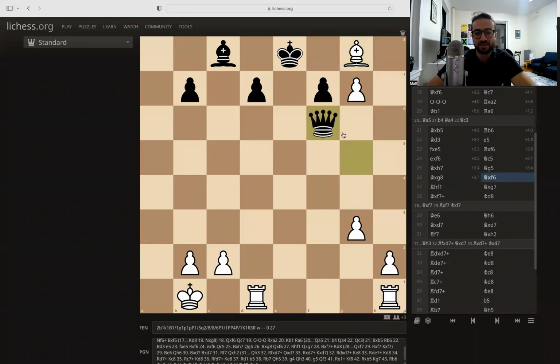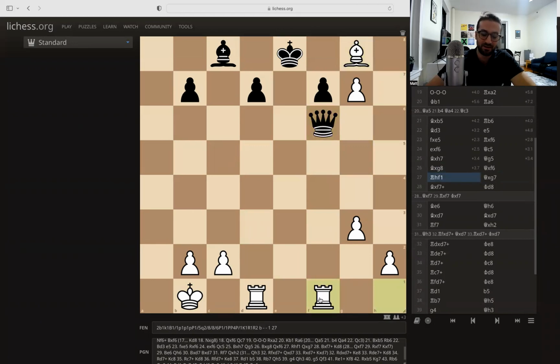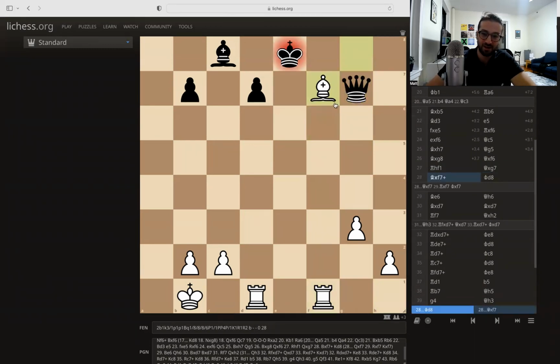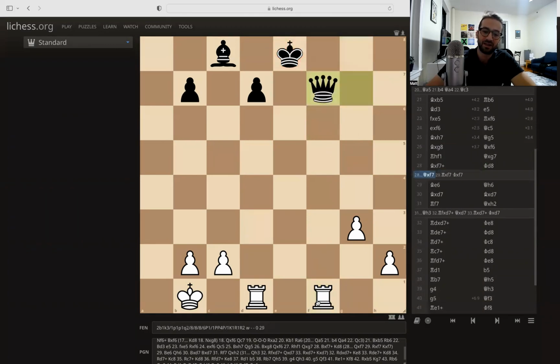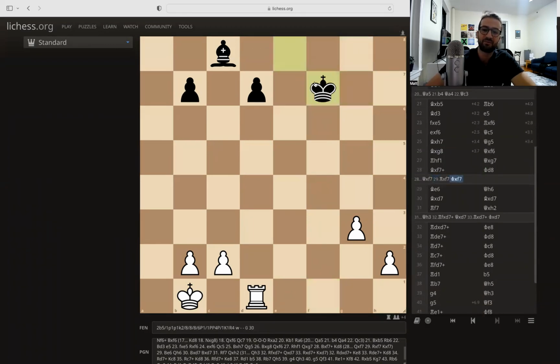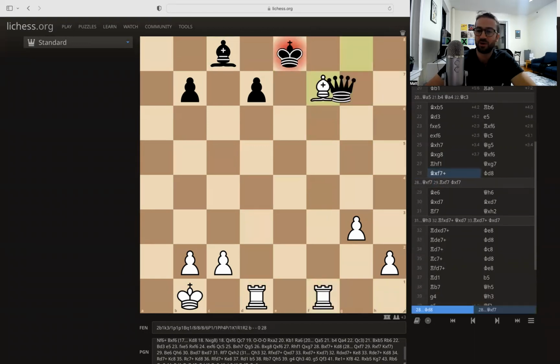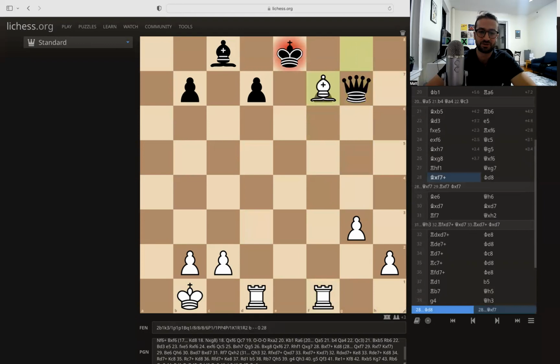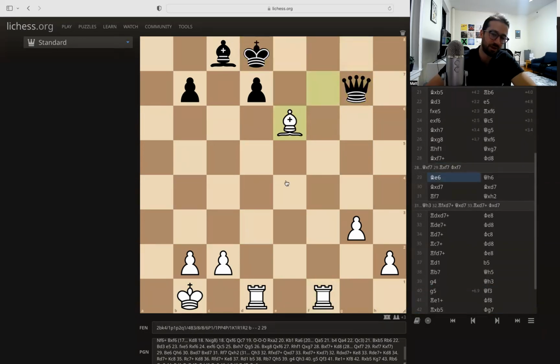Tal takes the pawn on f6, and Bobby brings his h rook to f1, obviously attacking the queen. Tal here is happy to get rid of this really nasty passed pawn on g7, but it also allows bishop check on f7. If you take with the queen, then you're just going to enter a completely winning endgame for white, where white has a rook and a bishop and four pawns to two pawns, so that doesn't work at all. So Tal just tries to run away with the king,